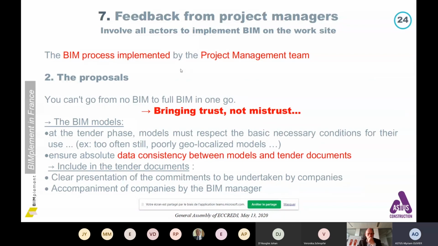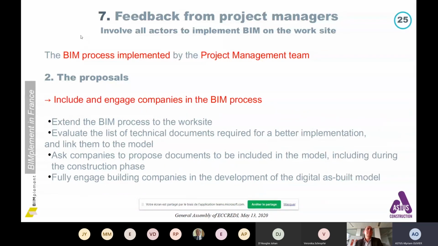So the proposal is make the BIM model simple but correct, classified, coherent between data, between objects, between a model and tender documents, and include the companies in the BIM process. What does it mean to include the companies? One is to have the client and project manager be convinced that a better implementation on site needs the use of the BIM